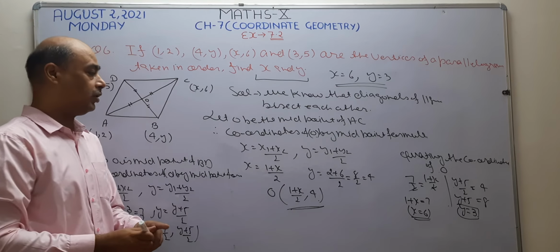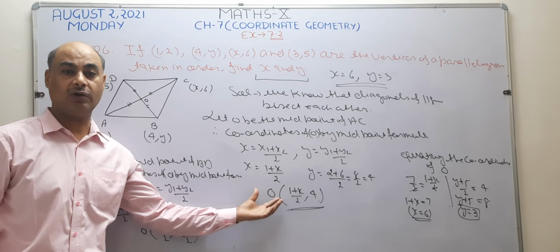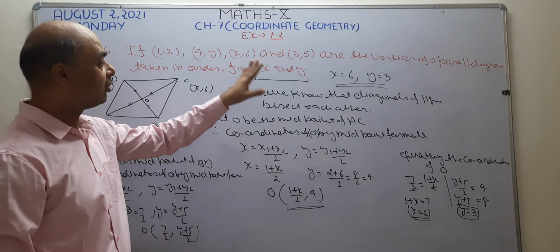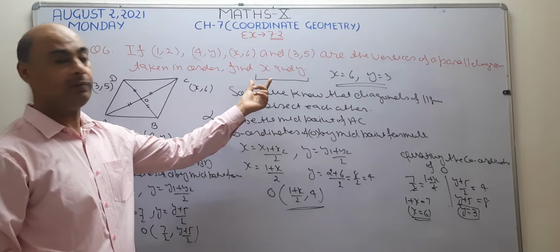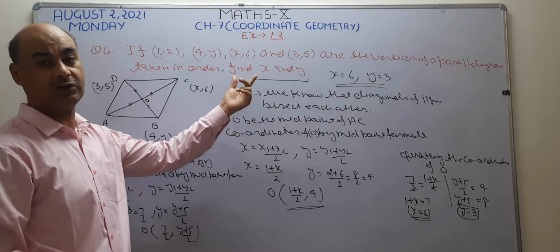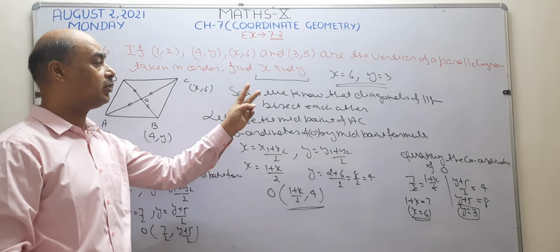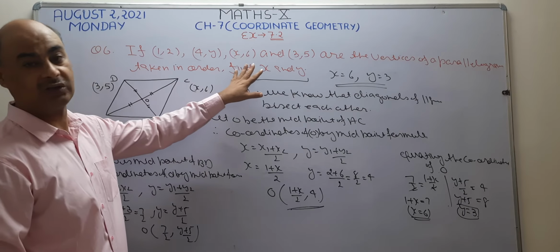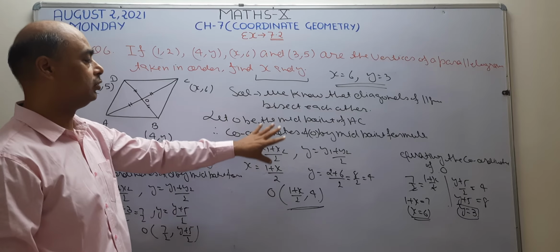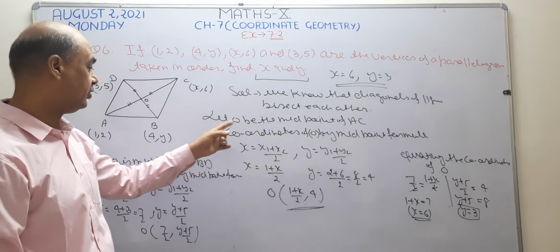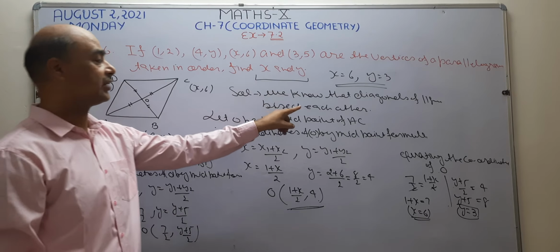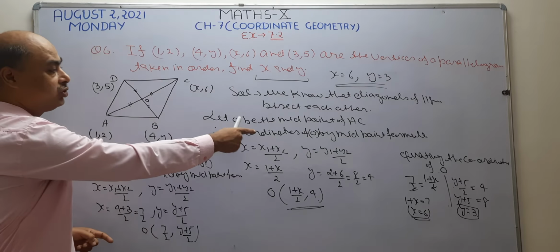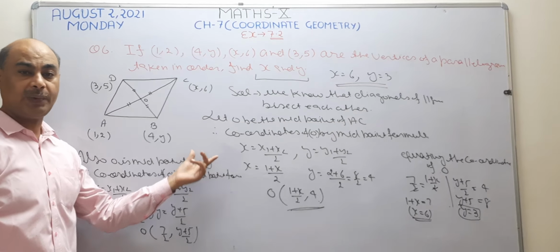By using simple midpoint formula, it becomes very simple. You have to identify which formula we are going to use. Whenever you are going to find the value of coordinates, means value of x, y or any coordinates, you are going to use only two formulas, section formula or midpoint formula. Looking at the question, you have to decide whether to use midpoint formula or section formula. In this question, diagonals are going to bisect. Bisect means these two parts are equal. If these parts are equal, then we are going to use midpoint formula. Okay, I hope it is clear now.